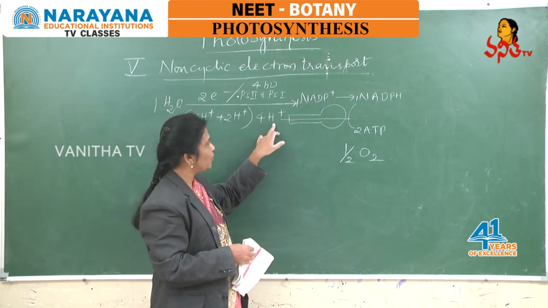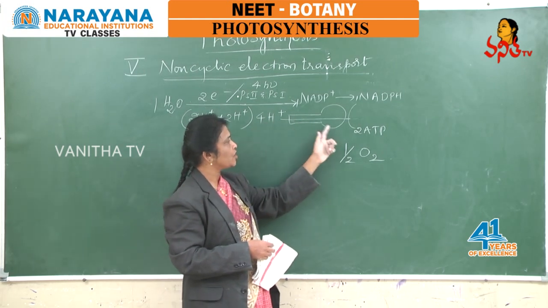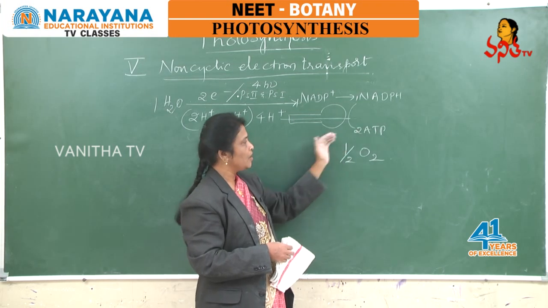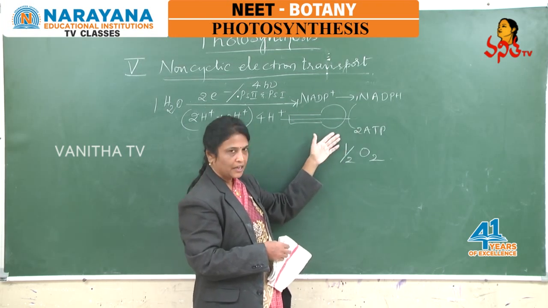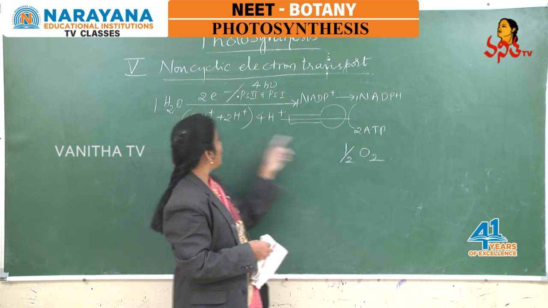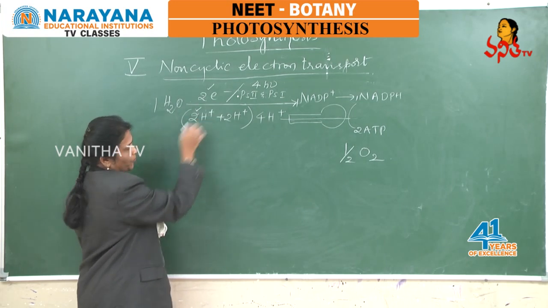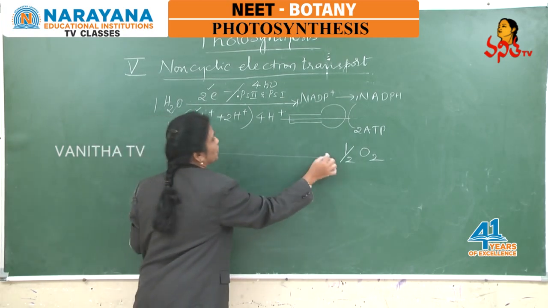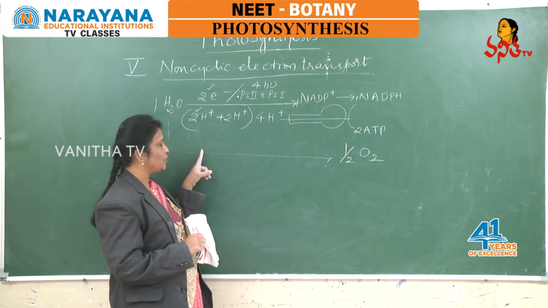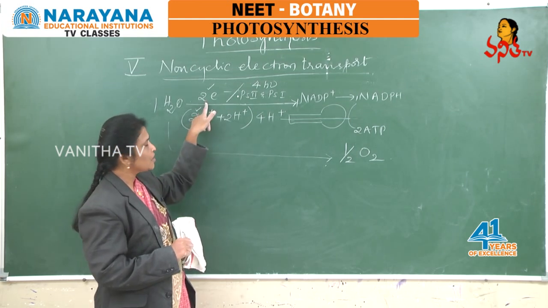So totally 4 protons added to lumen. If those 4 protons are channeled through coupling factor and finally added to stroma, and meanwhile that energy liberated caused the synthesis of 2 ATP molecules, and due to photolysis of water, not only 2 electrons and 2 protons but half an oxygen molecule as a byproduct evolved. So if one water molecule is involved in photolysis in light phase reaction and causes a pair